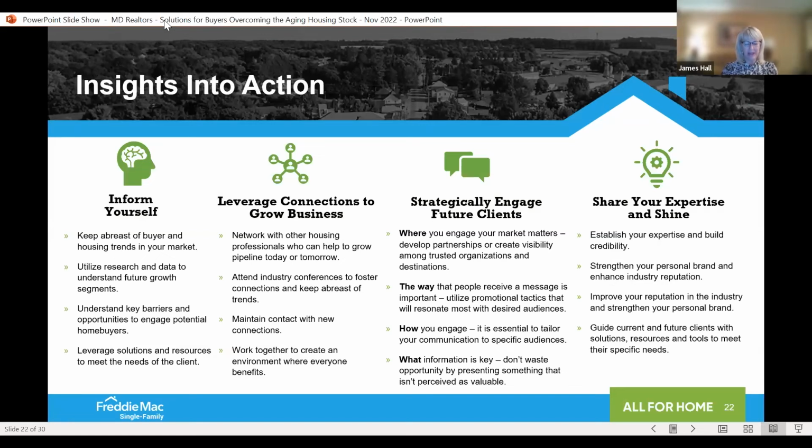Again, the main thing is building up your reputation as that trusted advisor. You want to make sure that you are keeping yourself informed. You want to leverage the connections that you have built. Make sure you're out networking with other housing professionals that can help you grow your pipeline. Make sure that you are engaged, because again, take advantage and leverage all the materials that are out there, making you still that stronger professional in the room